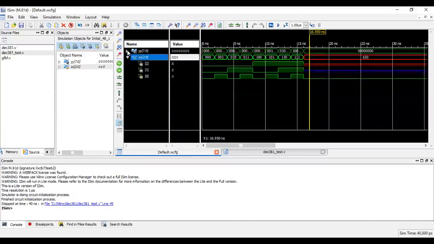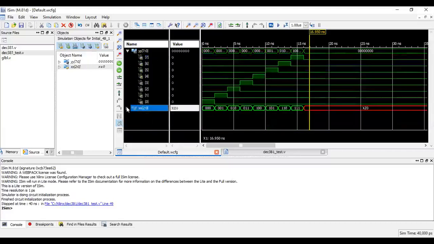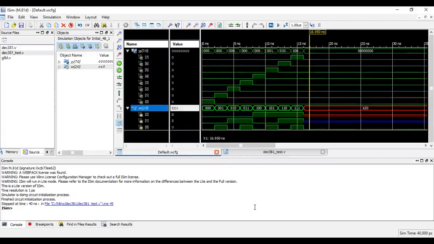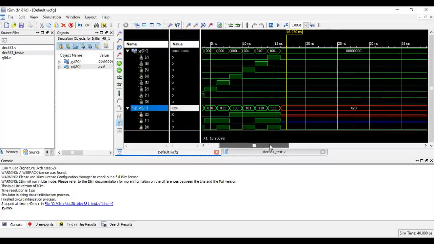I have an expand button using Verilog where I can expand. One thing we see over here, whenever it is high impedance, we have left the signal floating. So X of 1 is left floating. X of 2, you can see over here, the value is don't care.